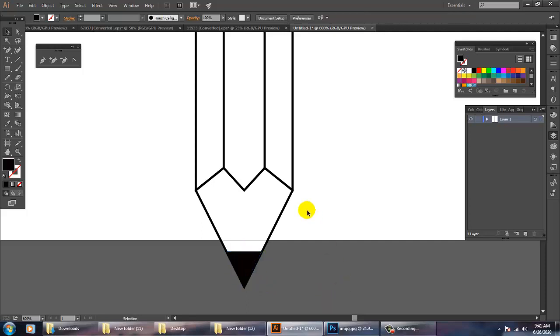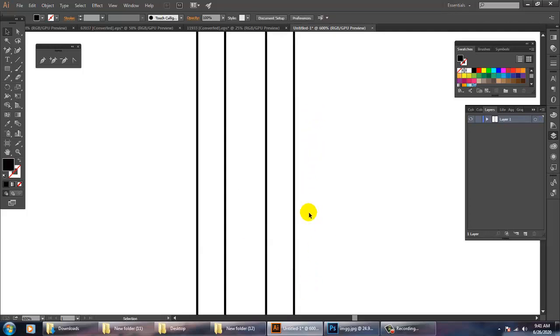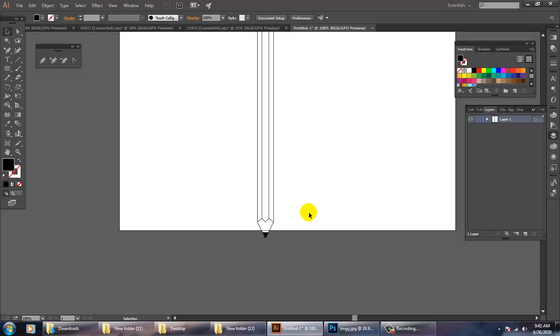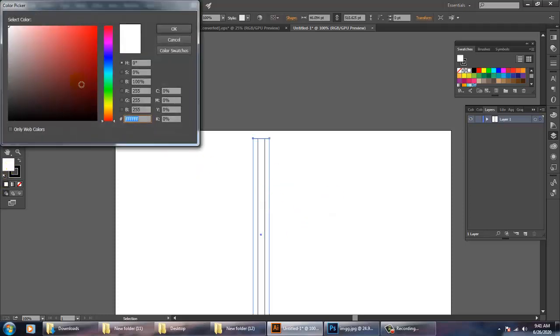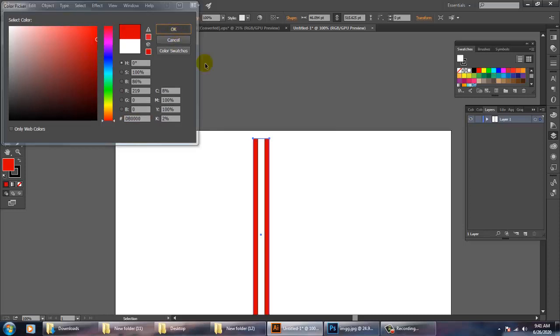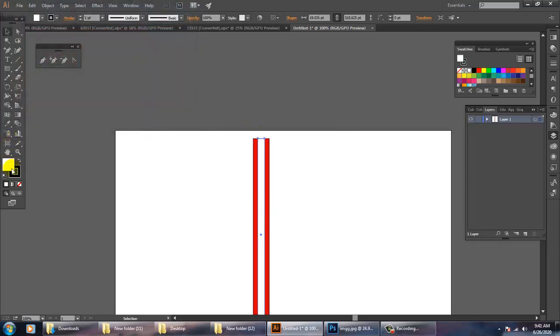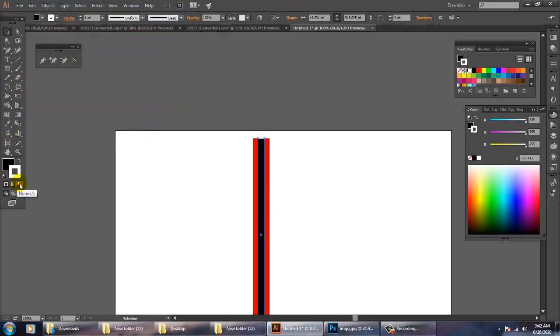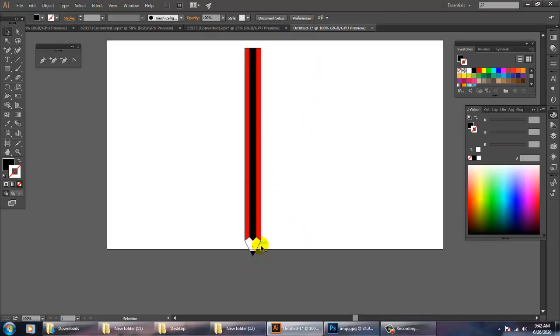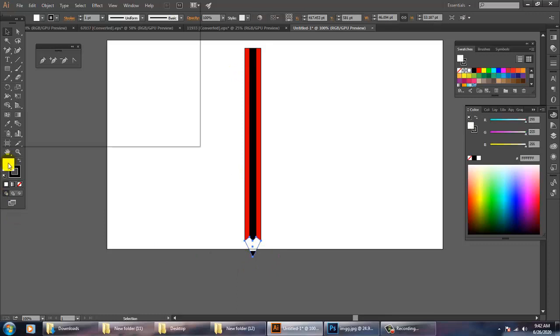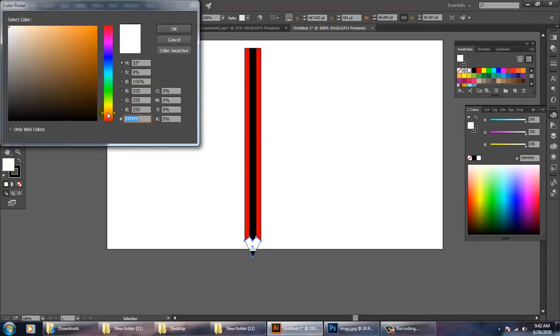Once you're done with this, if you want to give any color to it, I can easily give a color to it. So let's again select this and give any color to it. Select this and give a color to it. Once you have assigned a color over here, select this and let's give one more color over here.